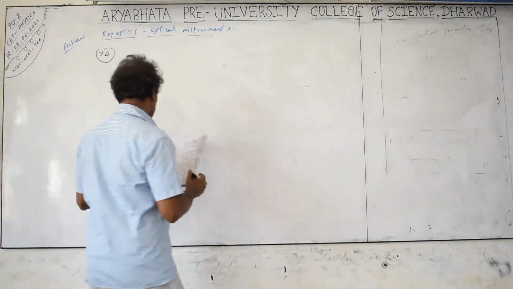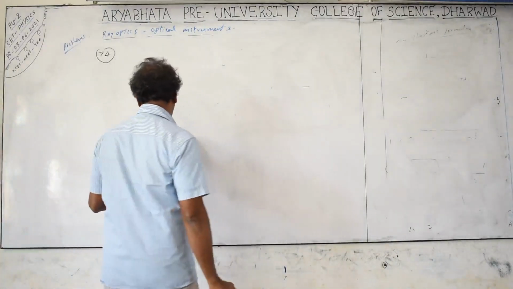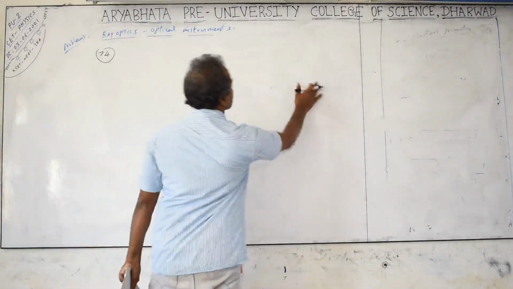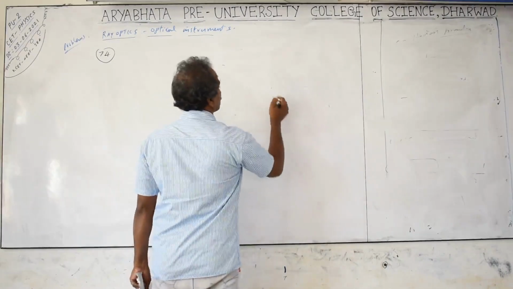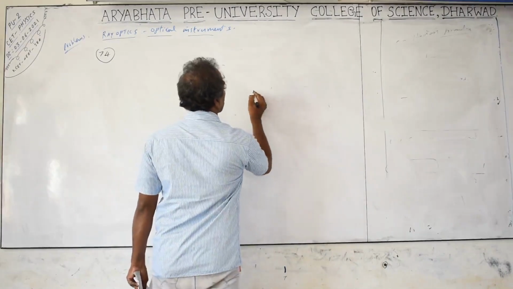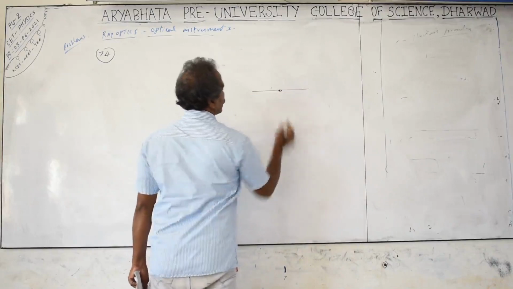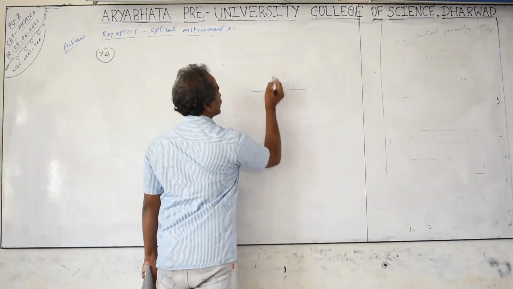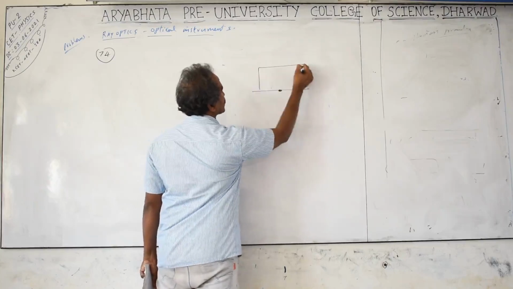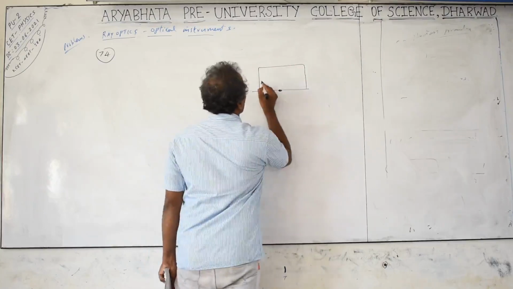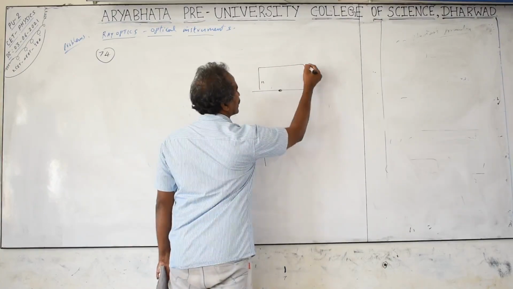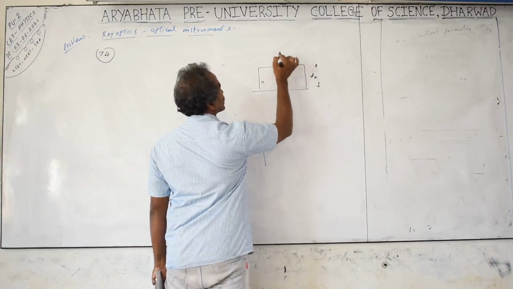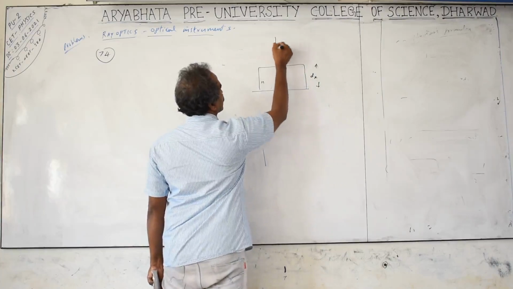In question number 74, a traveling microscope is focused on a mark on a piece of paper and the scale reading is A. Traveling microscope means it can move left and right, up and downwards. On the table, one paper piece is kept and a mark is made with ink, and the microscope is focused on this mark. Then one glass slab of refractive index n is kept on it. The thickness of the glass slab is then the real depth. And when you see from the air with the help of the microscope,